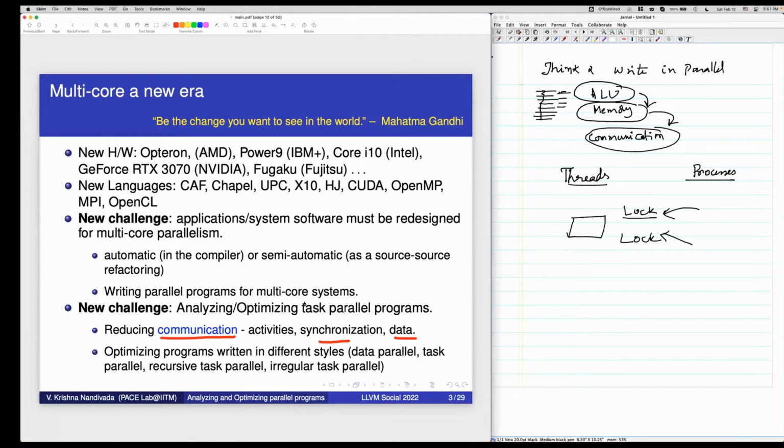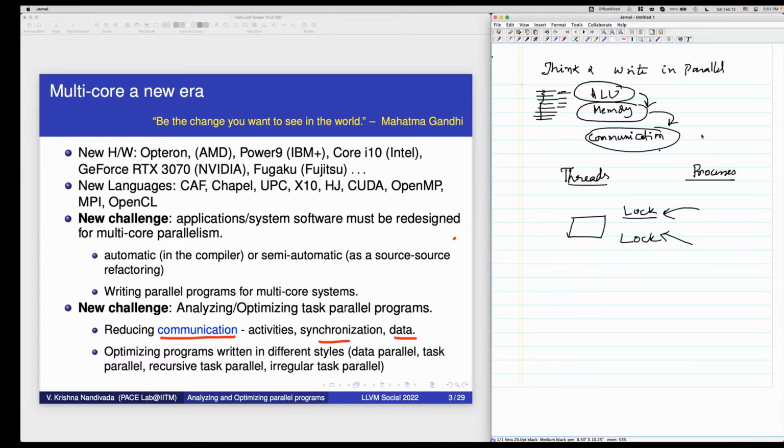Very good question. That also involves the memory model, right? So what we are saying is the cost of communication is far more than that of memory. So if you can reduce the amount of communication, see, if you speed up memory, sure, it will help.